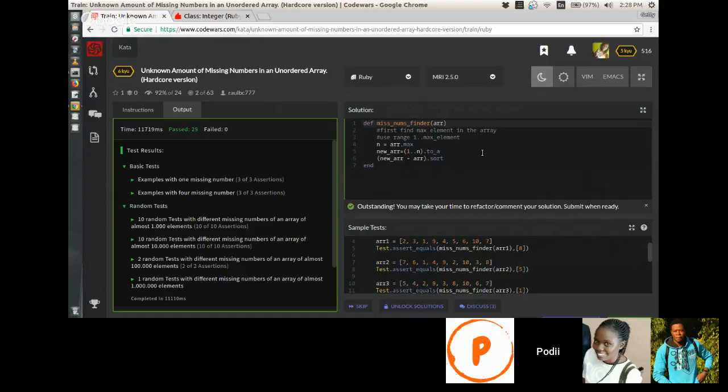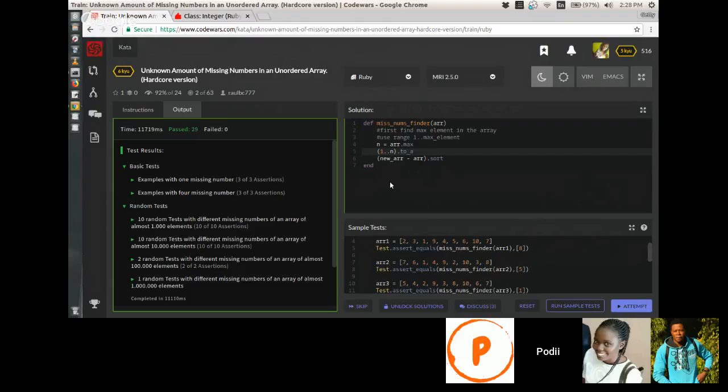The new array equals 1. Instead of the assignment, I will just do 1 to array dot max. Hey, we can do a one-liner for this.